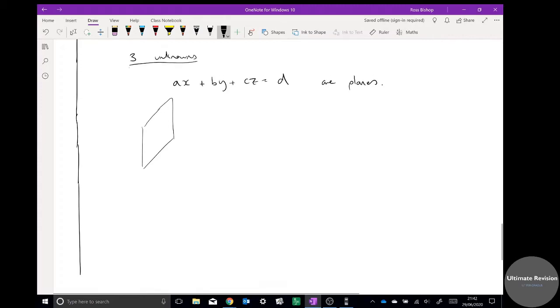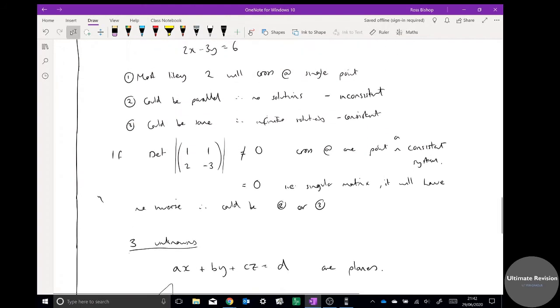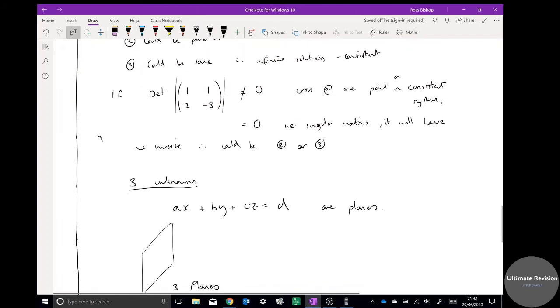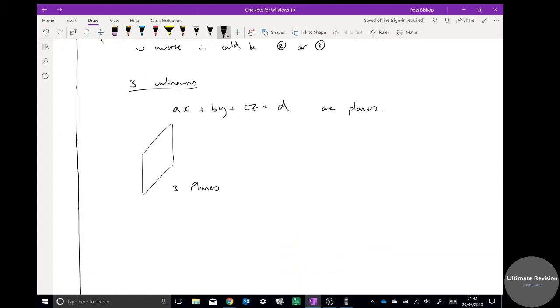Like we had with straight lines, there's only really three possibilities: they either cross, they're parallel, or they're the same. With planes, there's a few more options. If you've got three planes, you've got three equations. There were only two lines because there were two equations. Here we've got three planes. Three planes can either